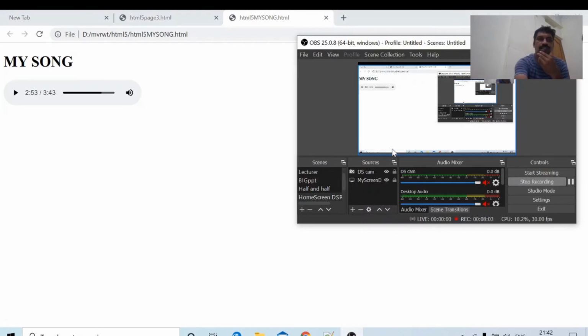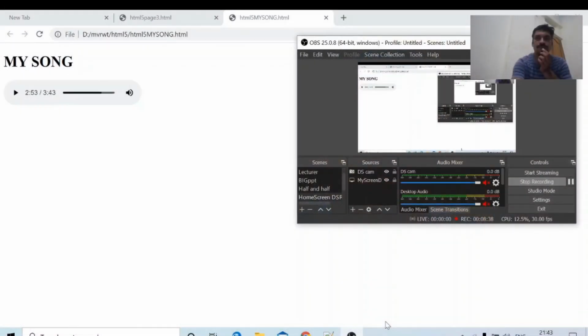In this fashion we can add elements to the web page using the audio tag. Okay, now you will do one assignment. Design a web page which has your favorite 5 songs. After completing it, upload that file, or send that file to me on WhatsApp. Just design a page which has your favorite 5 songs, and check whether it is working or not. In this fashion we will add audio files.